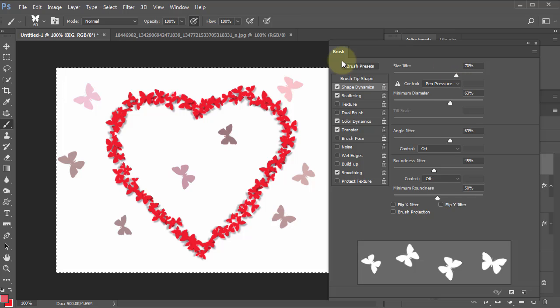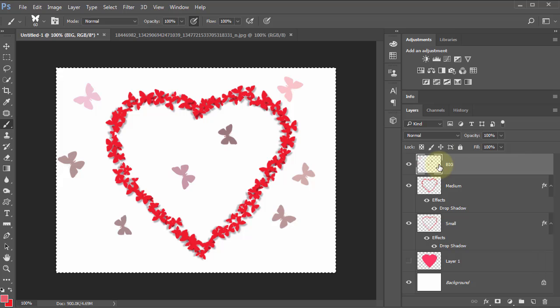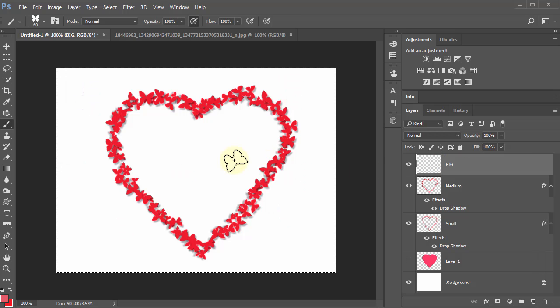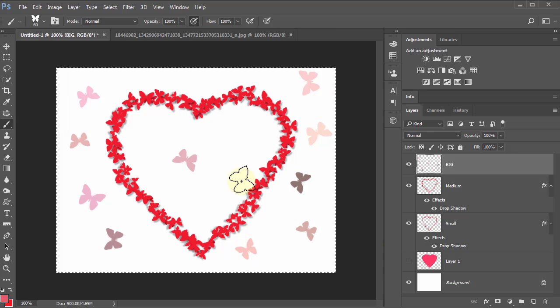So again, let's go make sure we're on the right thing, hit Backspace, and let's try a few here. I don't really want one in there, I don't think. Now if they're all too big or all too small, obviously you can use the bracket key to